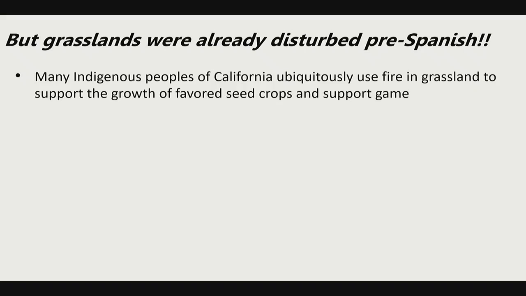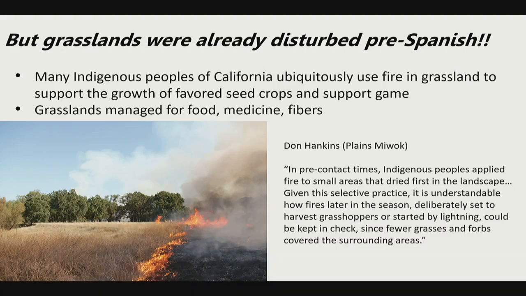There are even things in a lot of the groups out here like herding grasshoppers. Grasshoppers are a great source of protein. And by setting a fire on one end of a field, you can wait at the other end of the field, a lot of grasshoppers will come towards you. So it was even used as harvest. So there was a lot of actually implementation of low-level burning to manage grasslands in California.